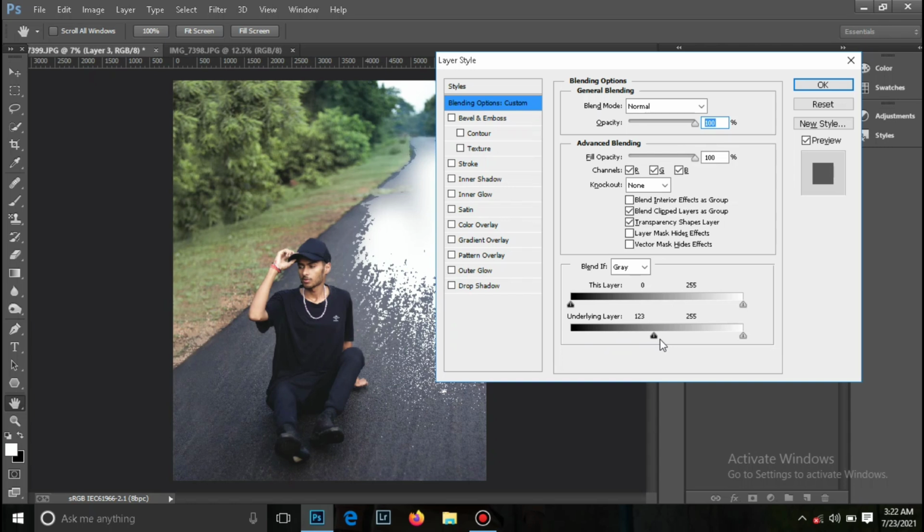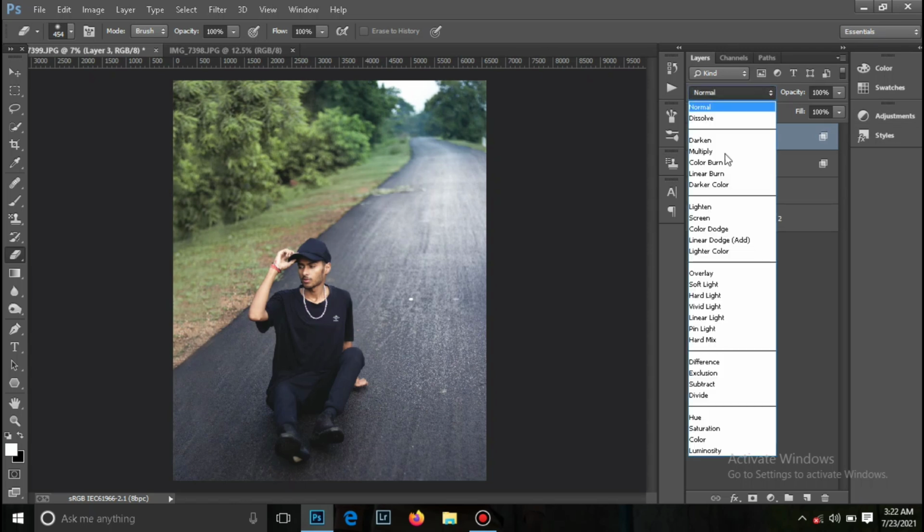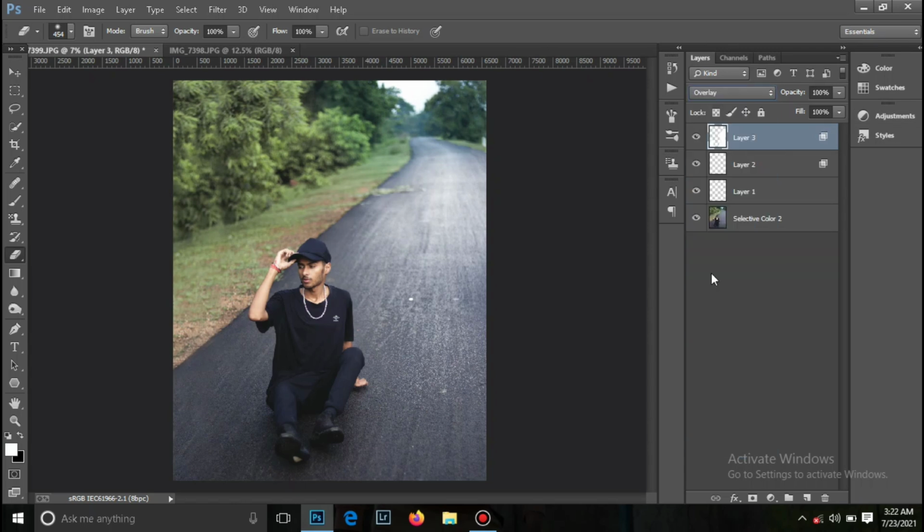Okay, and then smoothen it like this. So it brings drastic details to your road or something like your grasses. You can use it on trees and something like that, and then just change the blending mode of the layer to overlay. So you can control the opacity and fill, so this looks awesome in your pictures.